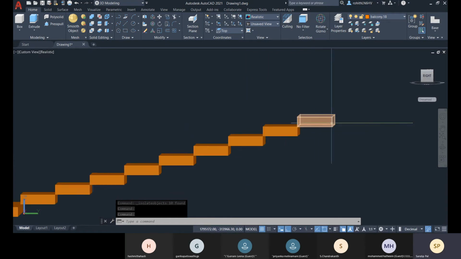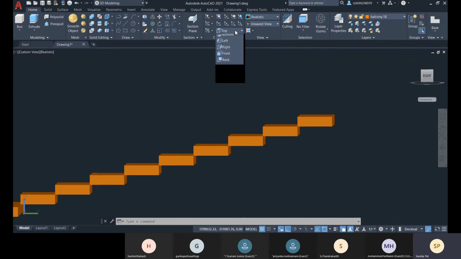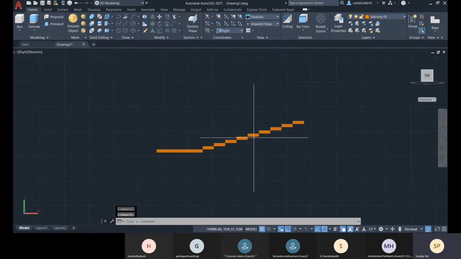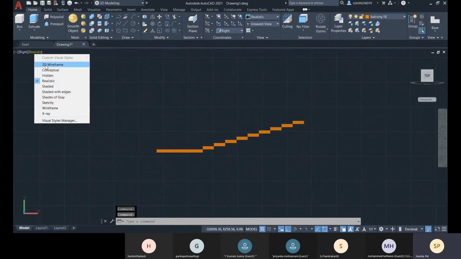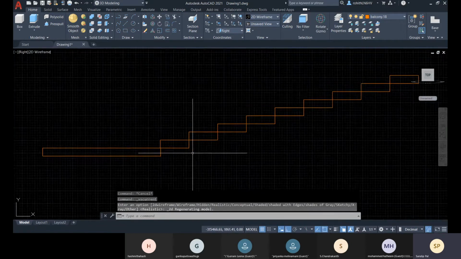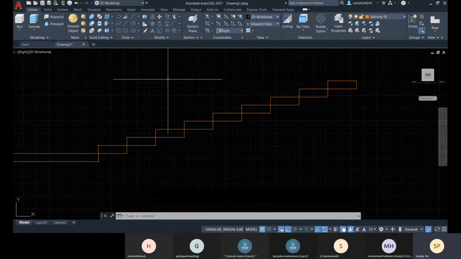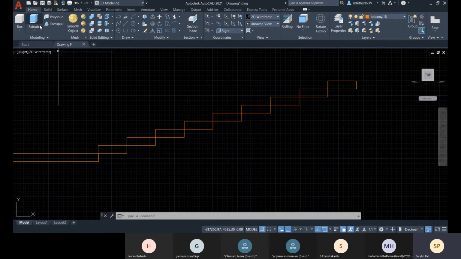Now I need to work along this right plane. So you remember I have this option. If I go for right, so right now this is as top. Okay, and make it like 2D wireframe. Okay, so let me go for creating one. You can create with polyline.